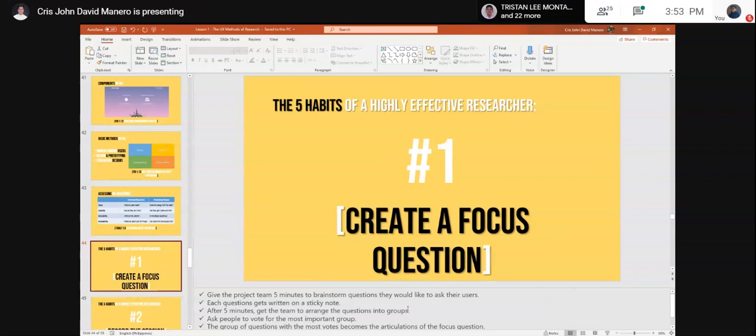So each question gets written on a sticky note. After 5 minutes, get the team to arrange the questions into groups. Ask people to vote for the most important group, and the group of questions with the most votes becomes the articulation of the focus question. Okay, so very easy, but then